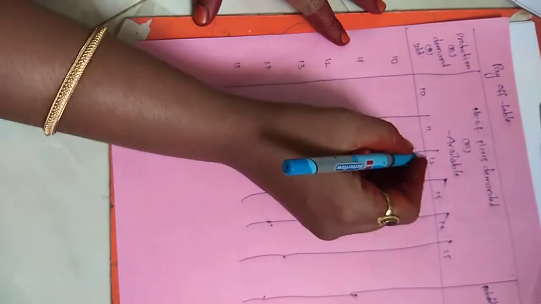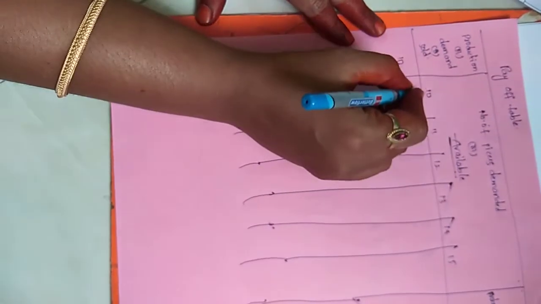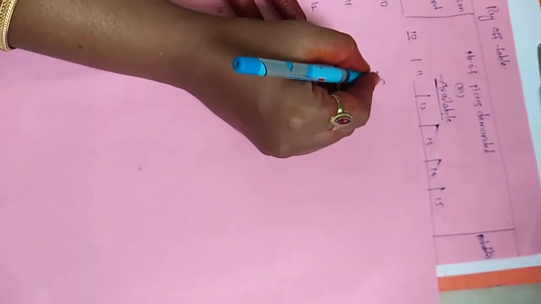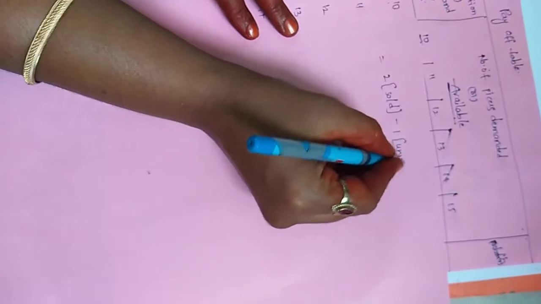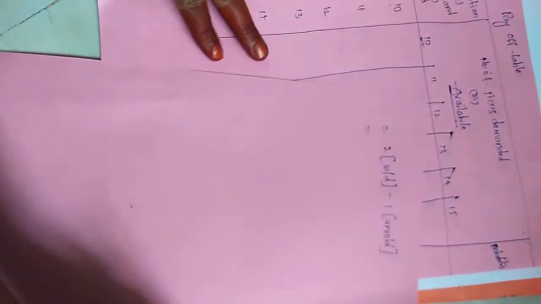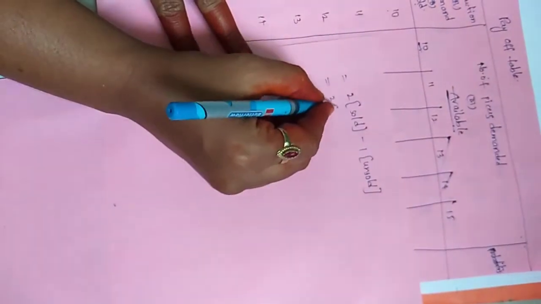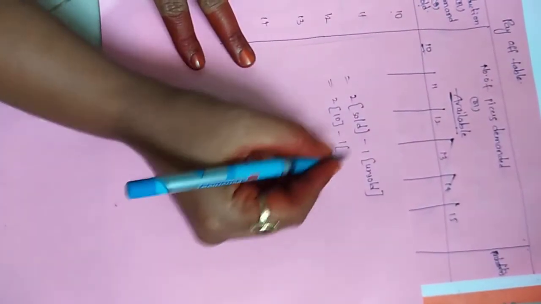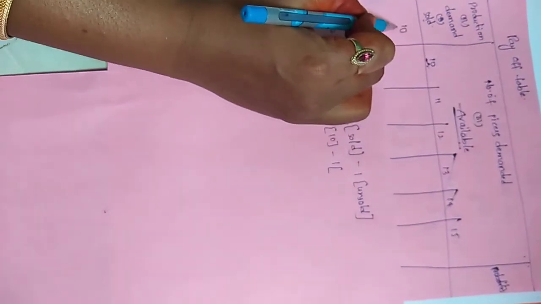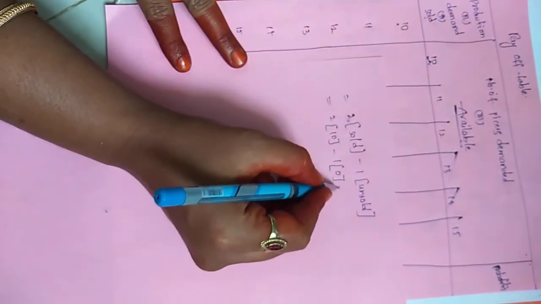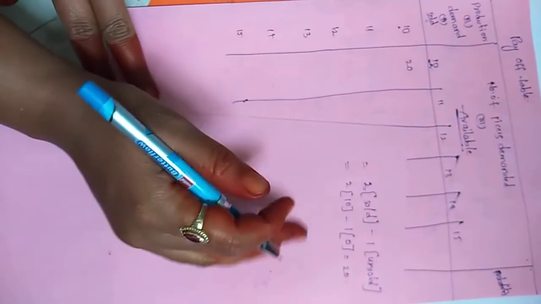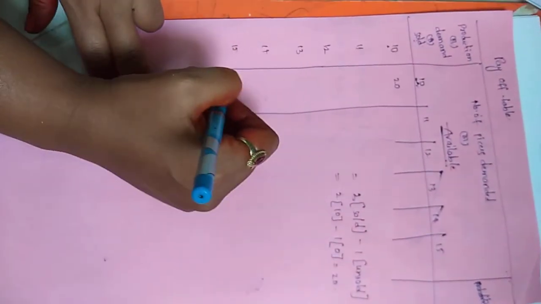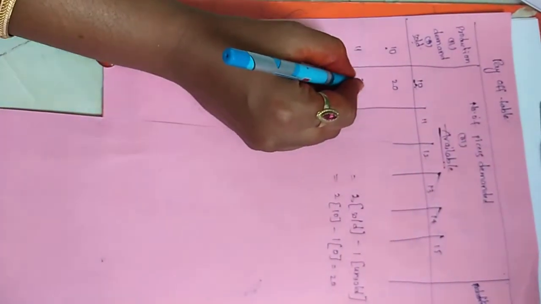Okay. Next, here available products are 10. We sold the 10. We have the formula 2 into sold minus 1 into unsold. So how many products should be sold? That is 10, minus 1 into, there is no unsold. Available are 10 and we also sold the 10, so it is 0. That is 20, we write 20 here. Next, no need to compute all these values, you just copy the same.